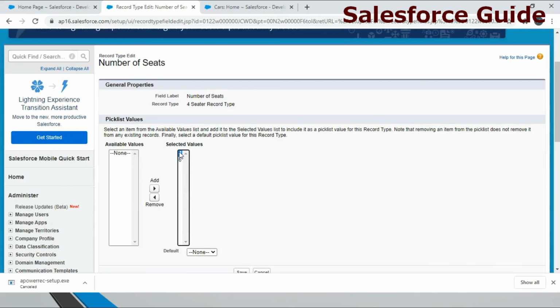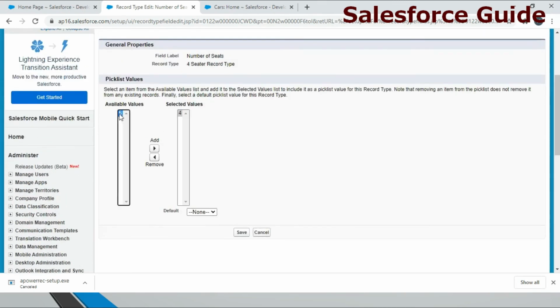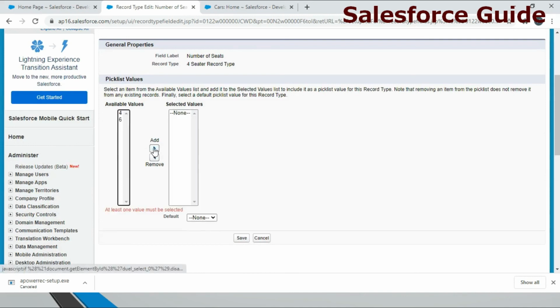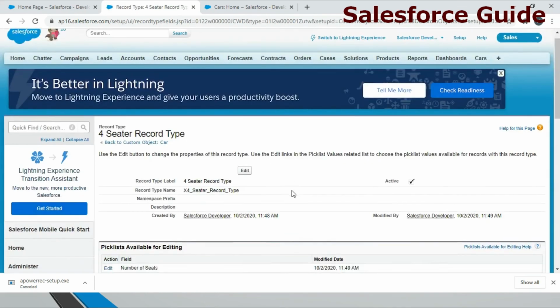That means for this record type, these two pick list values are going to show. Now I want to make sure that for administrator only 4-seater cars will be there, so I'm selecting and deselecting. That means the available value is 6 and the selected value is 4. Now we save this.